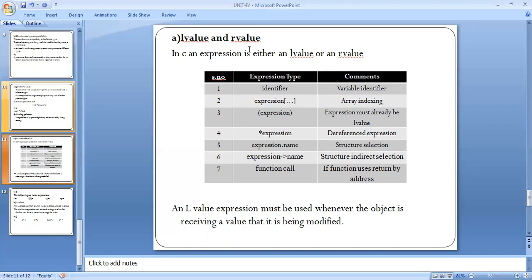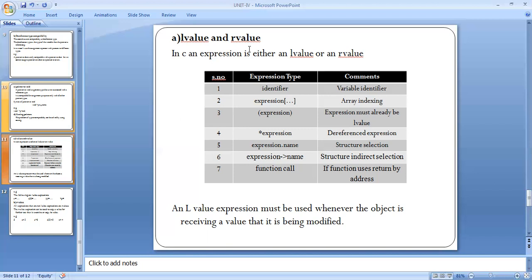Indirection operator gives the expression type dereferenced expression. A dereferenced expression is of the same size as the pointer. It can't be used with different data types. Once we allocate a variable in a memory location, only one data type is used. Different data types can't be used in a memory location at a time.